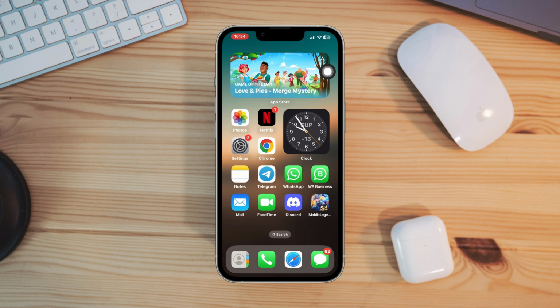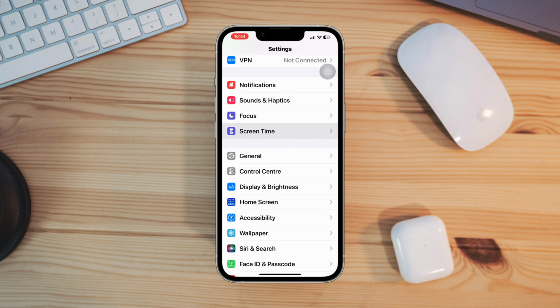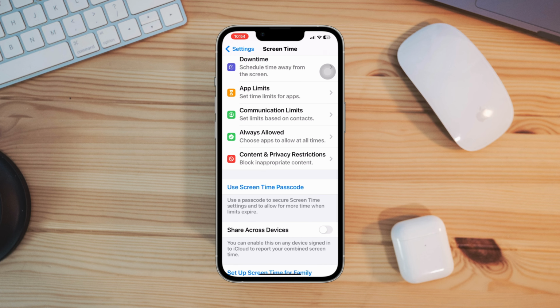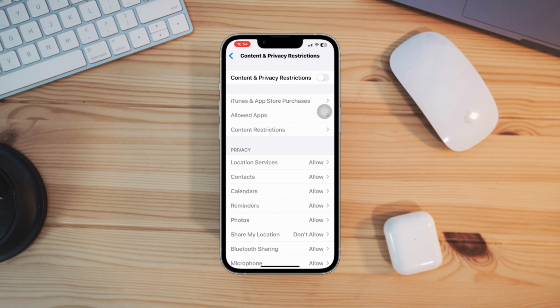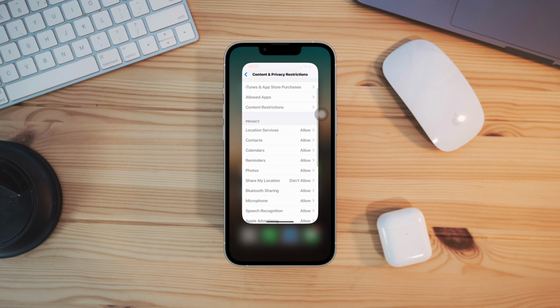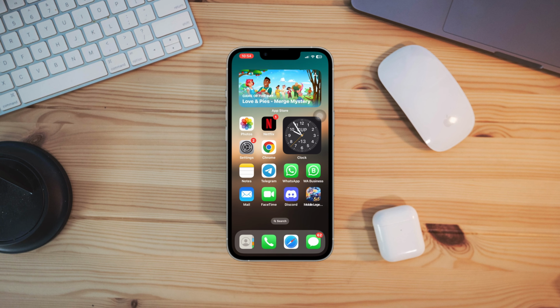Solution 3. Turn off restriction. Open Settings, tap Screen Time, scroll down, tap Content and Privacy Restrictions. Turn off this option. So guys, after doing these processes, your Discord microphone problem will be